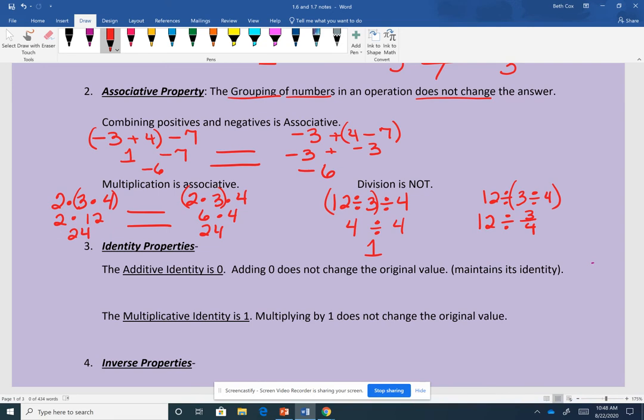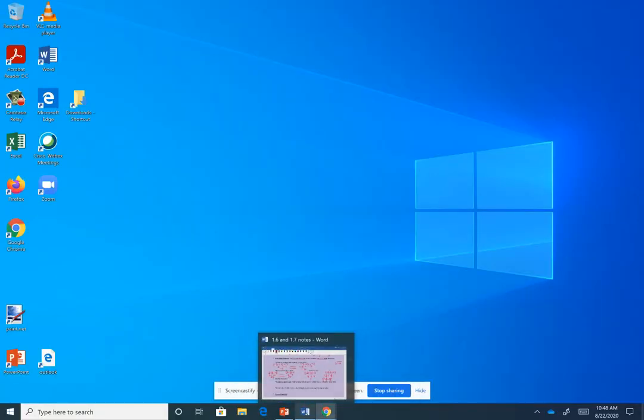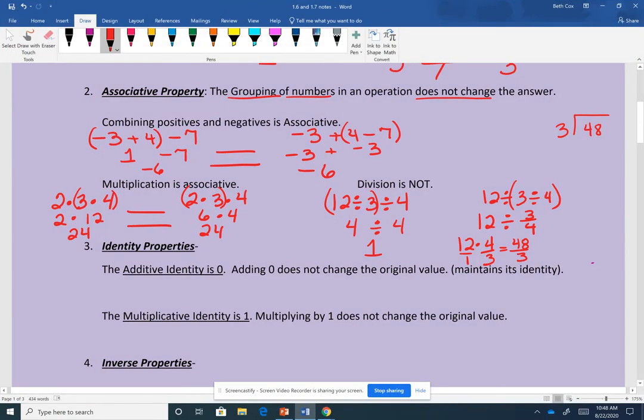Okay, remember, dividing by a fraction is the same as multiplying by the reciprocal. Okay, and so that's going to give me, that's not the reciprocal, Miss Cox, get it right. There we go. Would give me 48 over 3. Let's see if I have some scratch paper. And if I do division with 48 and 3, oh goodness, lost my paper. There we go. If I do division with 48 and 3, I'm going to get,